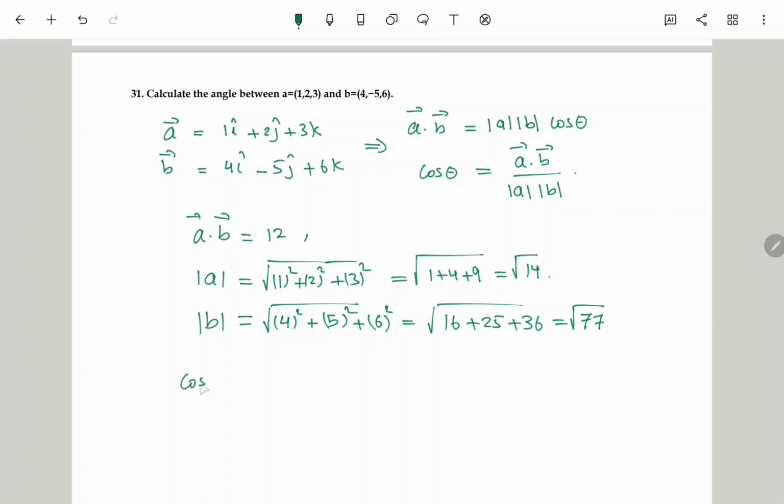So cosine theta equals 12 divided by square root of 14 times square root of 77. In this case, cosine theta equals 0.37, and theta equals cosine inverse of 0.37, or theta equals